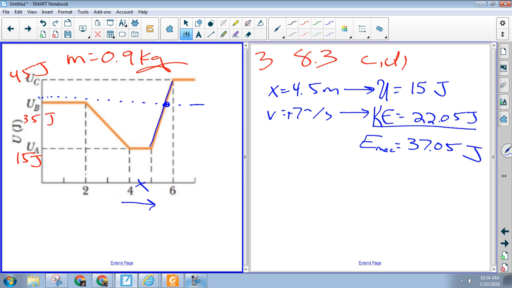D, this is good. This is the first time we've talked about one of these today. It says, find the force on the particle as it begins to move to the right of x equals 5 meters. So it's asking for the force in here. What am I really asking you to do? Adam, what do you got? No. So